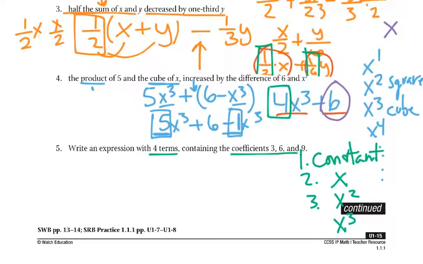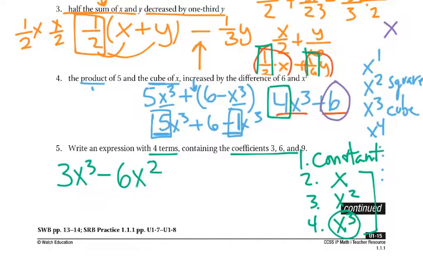Now, the coefficients are 3, 6, and 9, so our constant can't be any of those. They have to match up to those. So you don't have to put them in any particular order, though we usually start with the highest power. And then whichever number, easiest would probably be take the 3x cubed. Then maybe we'd subtract a 6x squared, then maybe add a 9x, and then maybe add, well, let's subtract